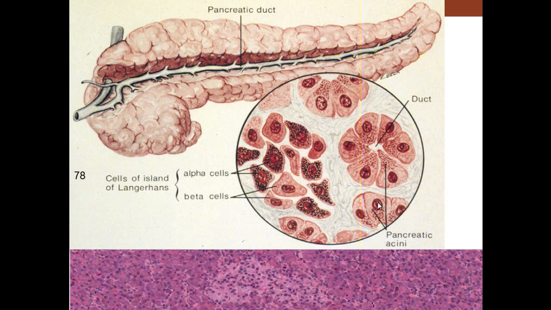Also, we have the pancreas, and throughout the pancreas you have these islets of Langerhans, and in the islets of Langerhans we have alpha cells and we have beta cells. Beta cells is what it produces. So in the pancreas you have both exocrine and endocrine production, and throughout the pancreas you will have these islets. They're located throughout, and the reason they're located there is because there's a portal system between the capillaries and the islets,